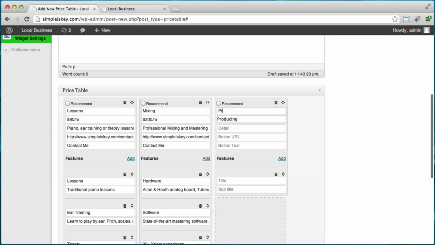The next one is producing. The price is $1,500 an hour because I'm amazing. I actually don't do any producing, mixing, or lessons, sorry. And the button URL is the same as this one. And the button text is contact me. All right, and then we have different things. Maybe the first thing we have is maybe 5 hit singles,